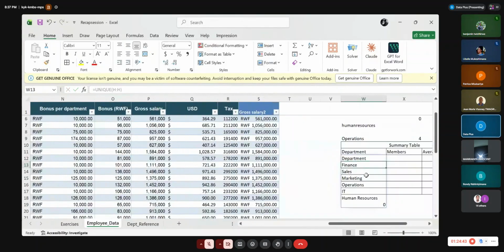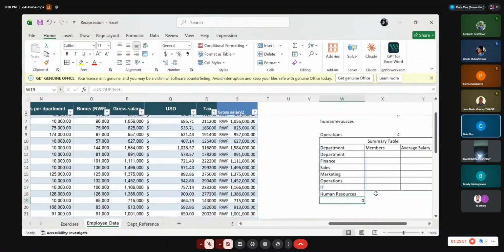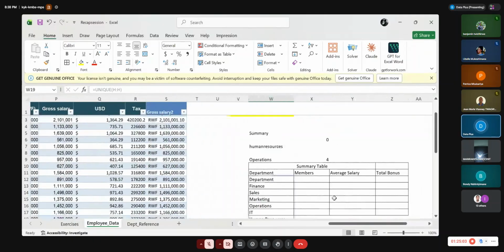Unique, and I select the whole column for department and I do enter like that. And all departments are here,